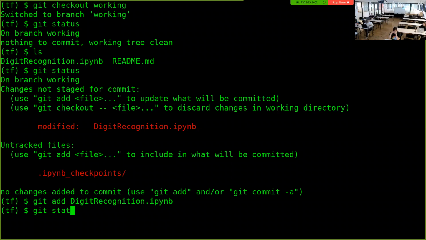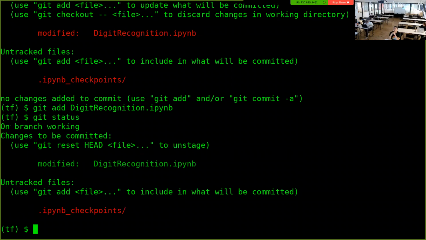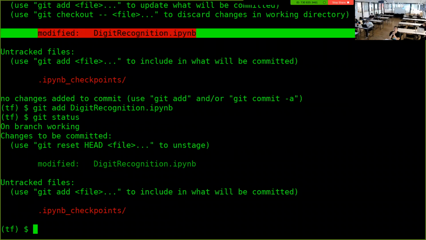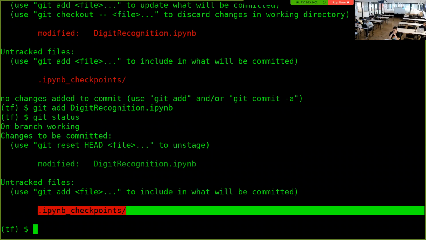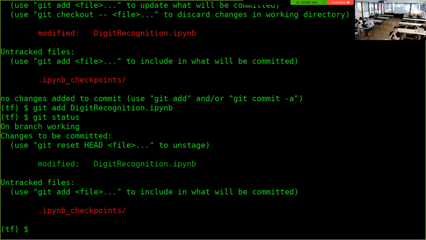So now if I do git status, I can see that it's gone from red to green, and it basically says changes to be committed, right? However, I also have untracked files over here, right? Now I'm going to show you guys a little trick, and that trick is essentially